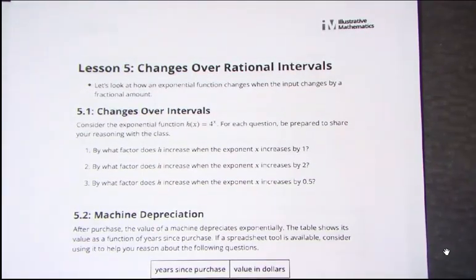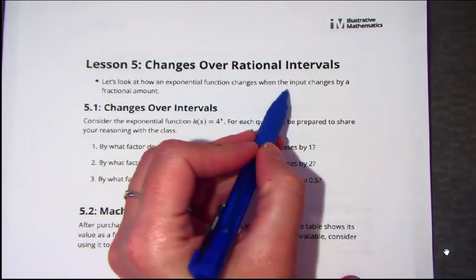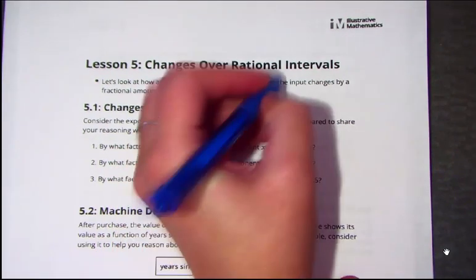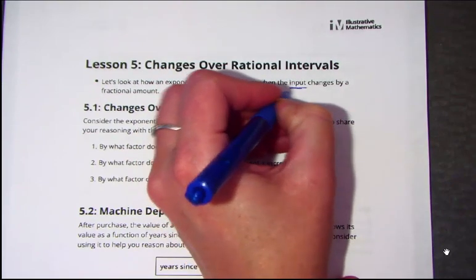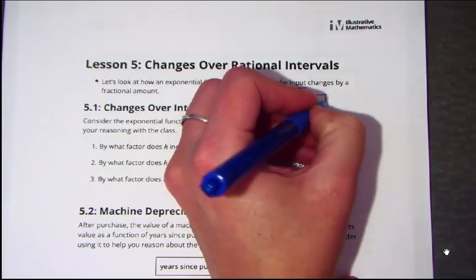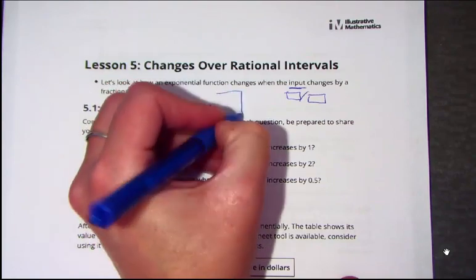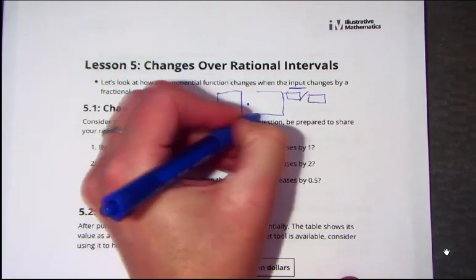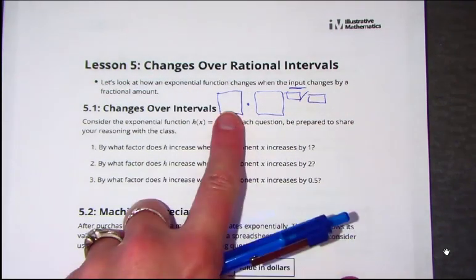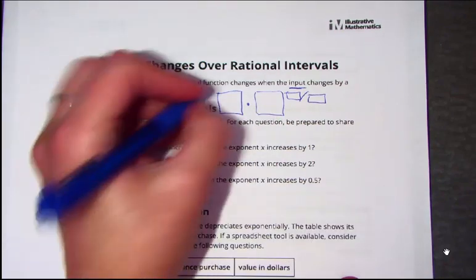It is Unit 4 Lesson 5 time. We are looking at changes over rational intervals. Again, we know that time input, where we're looking at inputs, that's our x's, that's when our exponent is now a fraction that we saw. So we're having box times box to the box over box, our starting value, our multiplier,